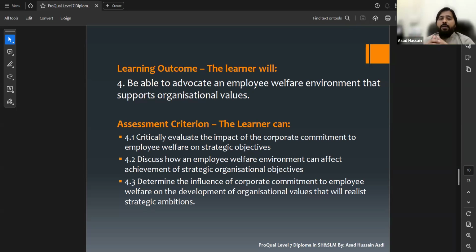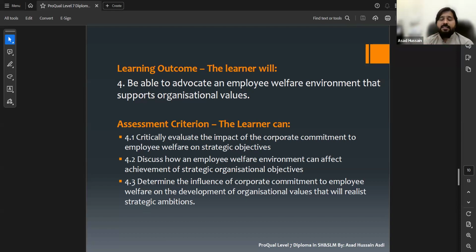So basically you have to discuss here what is the impact, what are the benefits of employee welfare environment, with regard to your organization, like what is happening in your organization with regard to employee welfare environment, and how it is affecting achievement of strategic organizational objectives.